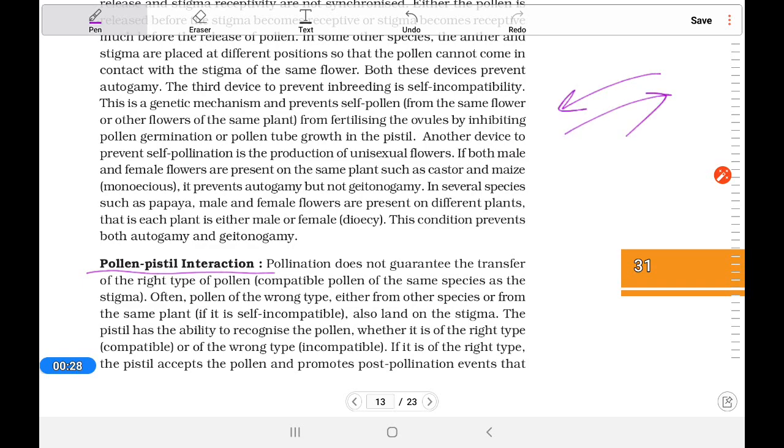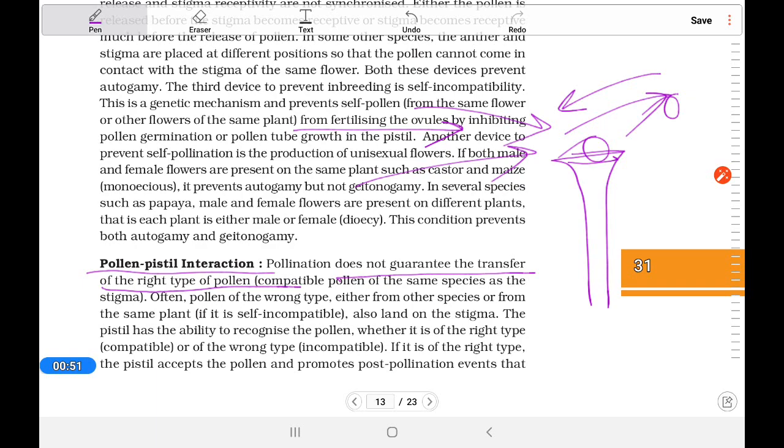Pollination is the transfer of pollen grain over the stigmatic surface. But it does not guarantee the transfer of the right type of pollen. When the stigma is exposed in nature, any kind of pollen carried by insect or air may fall over it and may germinate over it, but it may be the pollen grain of some different plant,